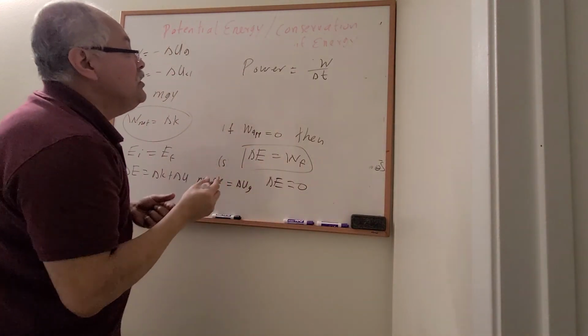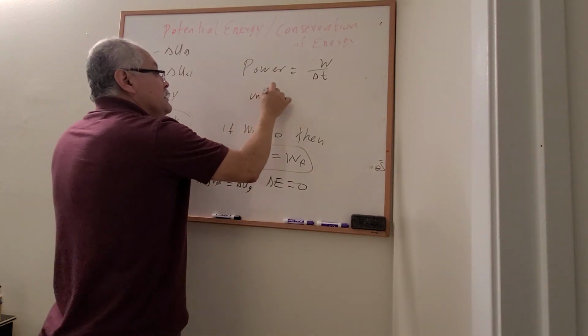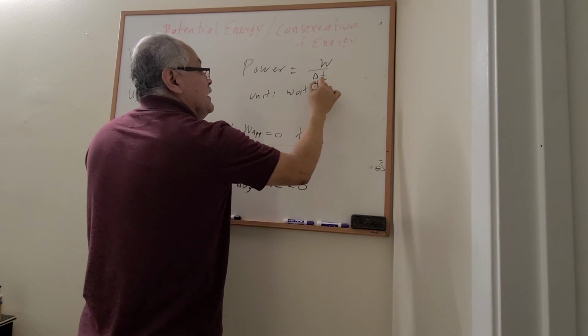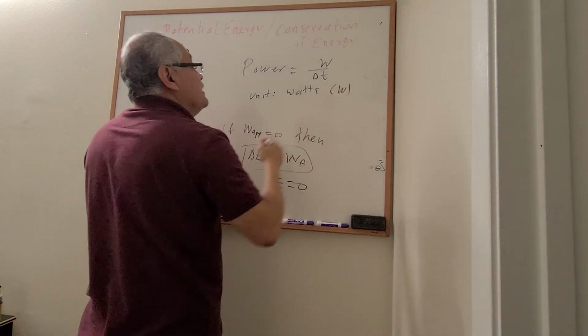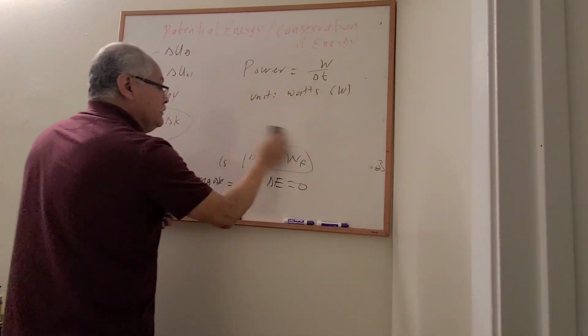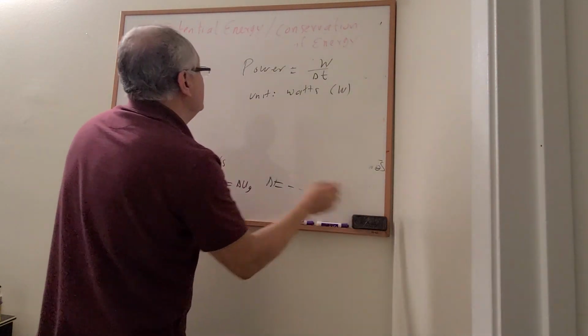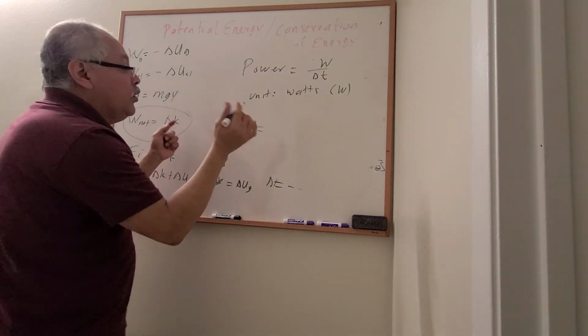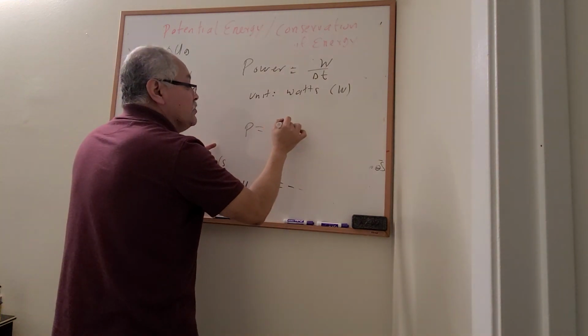And again, this is the definition for power, and the unit of power is the watt. Watts. That's the unit of power. The symbol for power is P. Also, because work is equal to force times displacement,